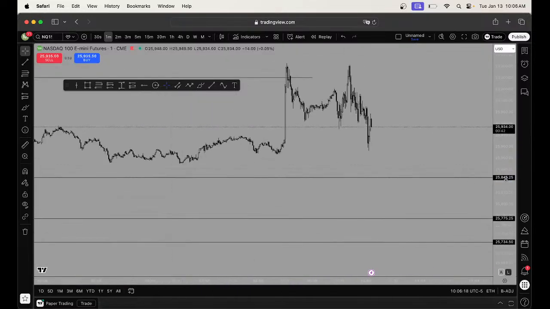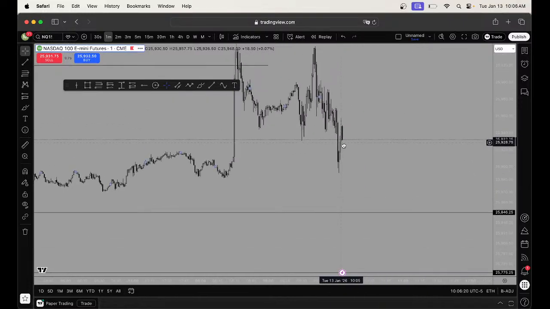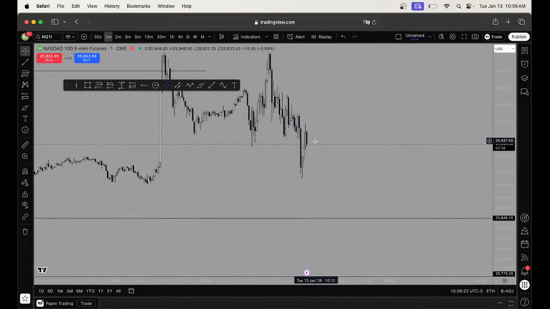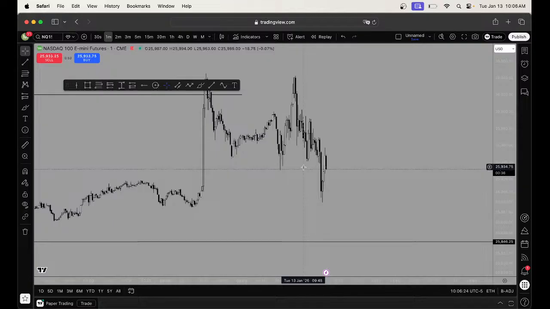Also, I kind of woke up late, I'm not gonna lie. But yeah, so bias is bearish for now. Just need a good indication of where to go in. We inverse this, but I want to see it get disrespected.